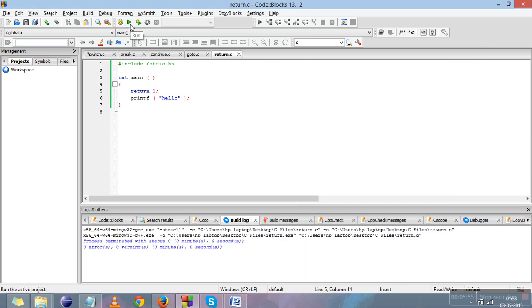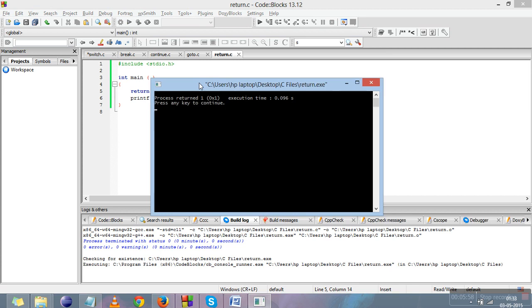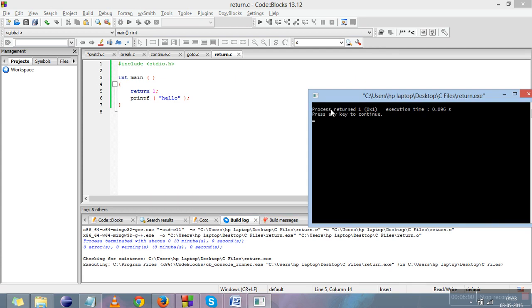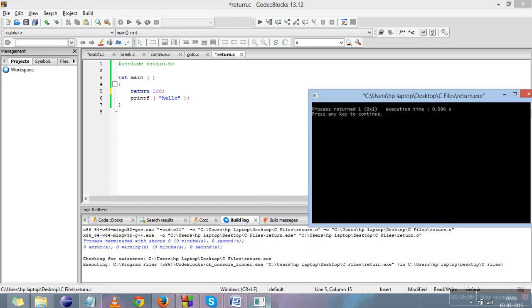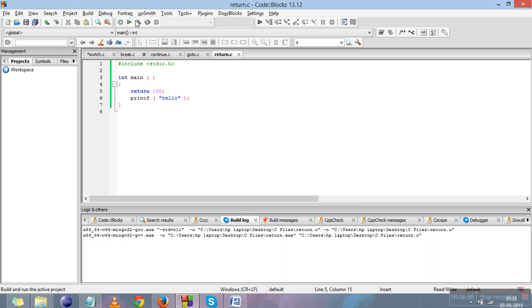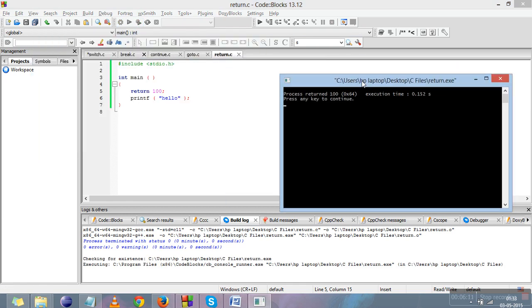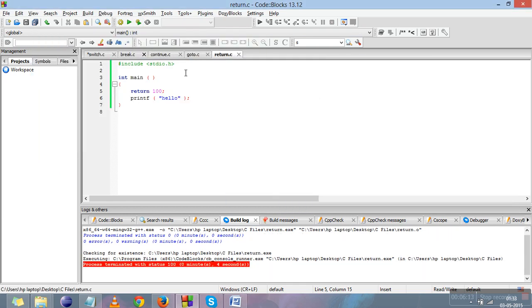I'll show you something more here. We'll run it. You can see that the Code::Blocks screen is showing process returned 1 because we have written 1 over here. I'll write 100 here, compile it and run it again. You can see that process returned 100 is showing.